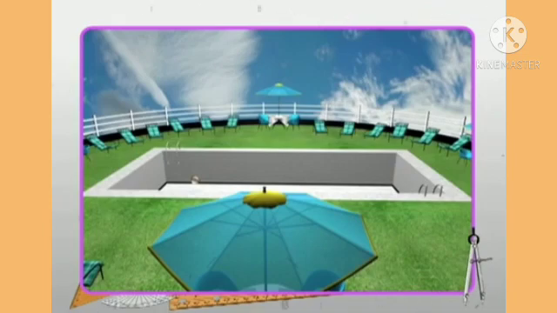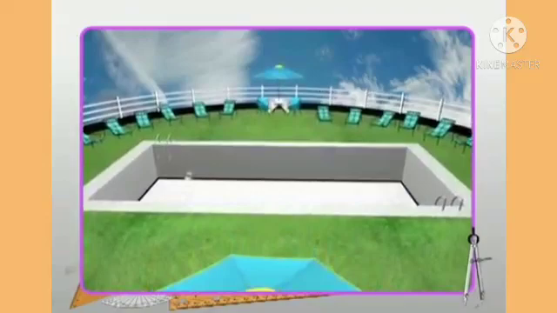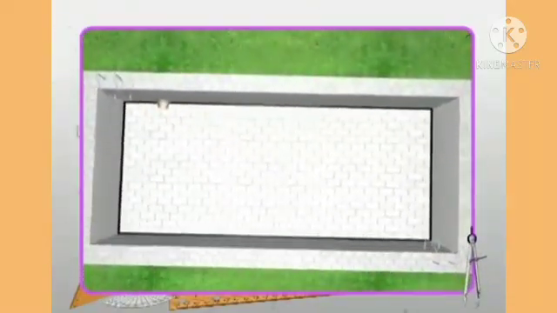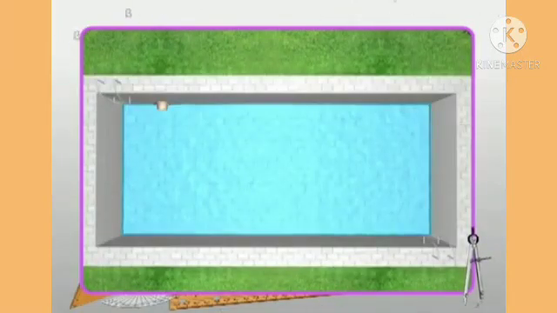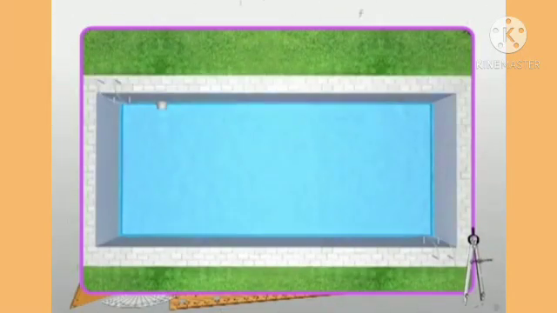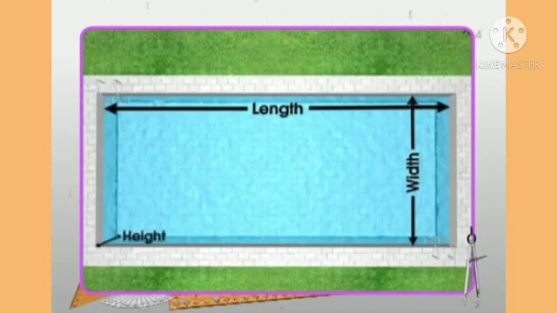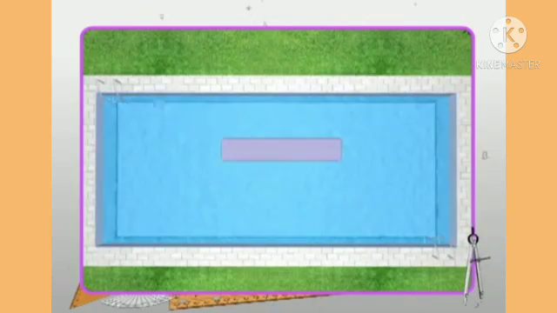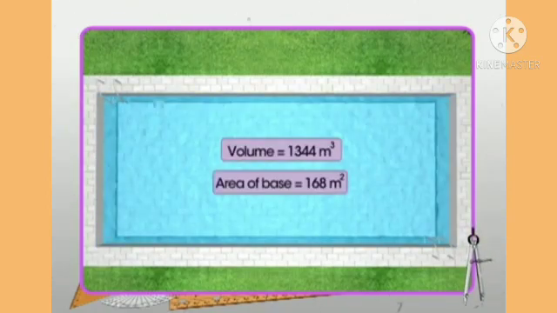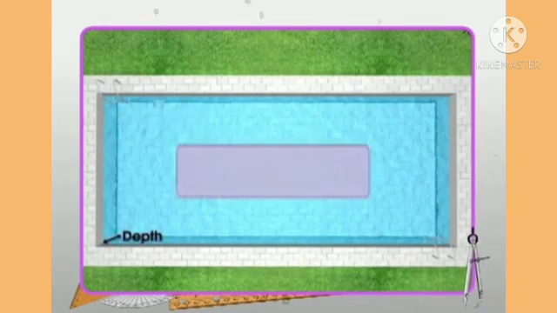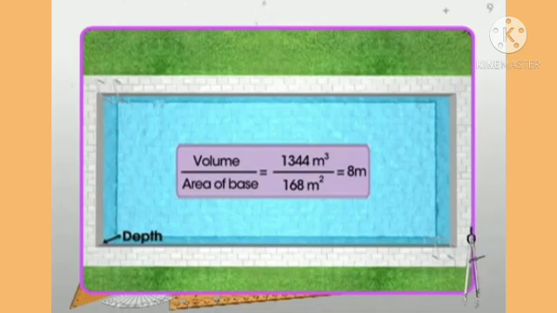Let's begin the module on division of polynomials with this illustration. A sports complex has a newly constructed swimming pool. This pool is cuboidal in shape. The amount of water that it can hold represents its volume or capacity. Volume of a cuboid can be computed by multiplying its length, width and height. Now, if just the volume and area of base is known, will it be possible to find the depth of water in the pool? Well, yes, by the division operation.